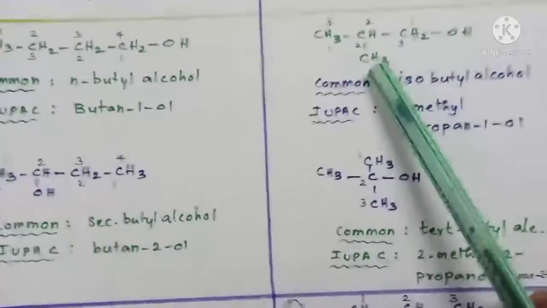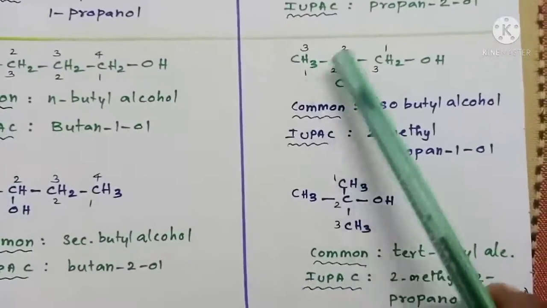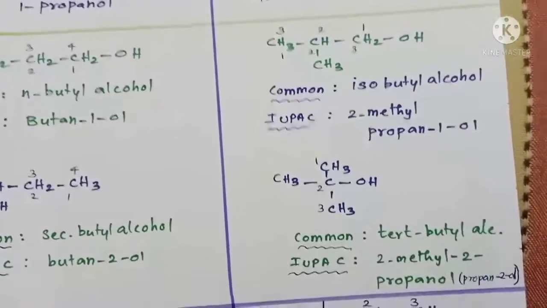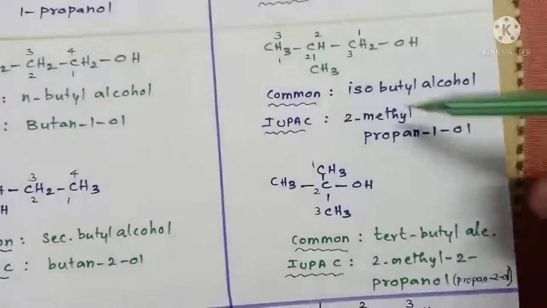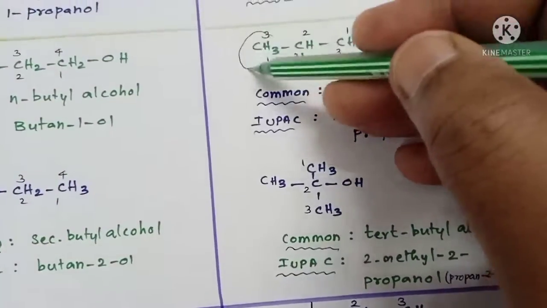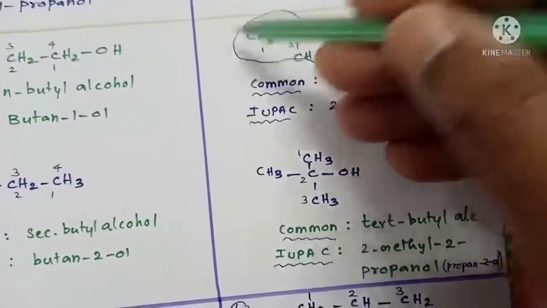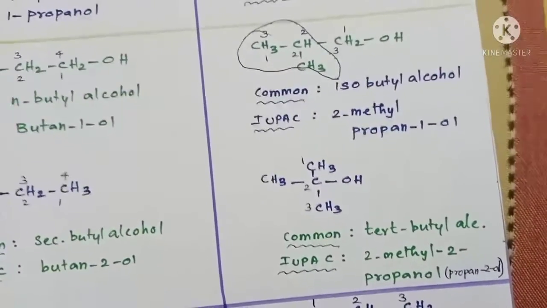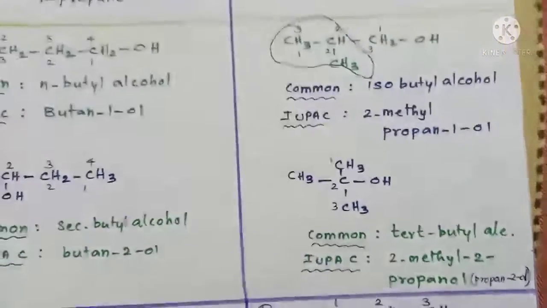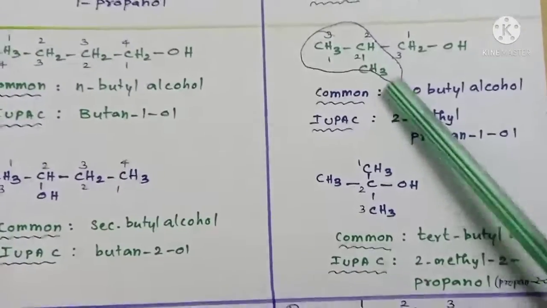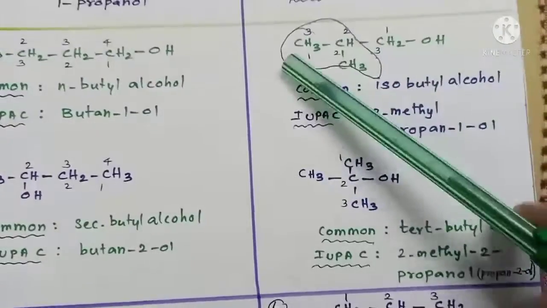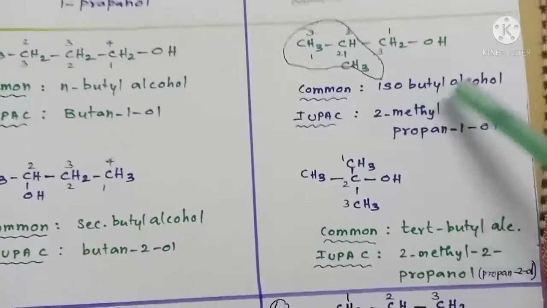So n-butyl alcohol is in the IUPAC system called butan-1-ol. Now look at the second compound. As I discussed already, a compound with a CH3, CH, CH3 structure is called an iso structure, isn't it? Totally there are 4 carbon atoms, isn't it? So it is called isobutyl alcohol. Total carbon is 4, so butyl, so isobutyl alcohol.